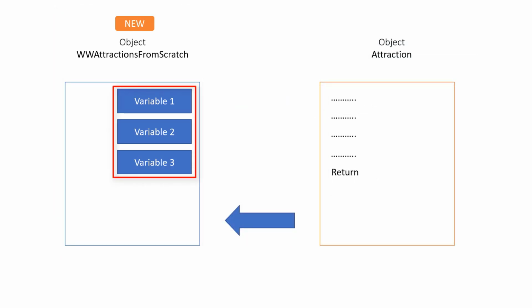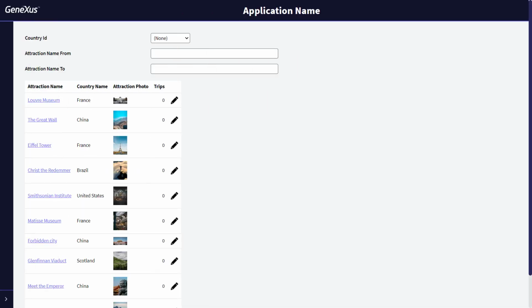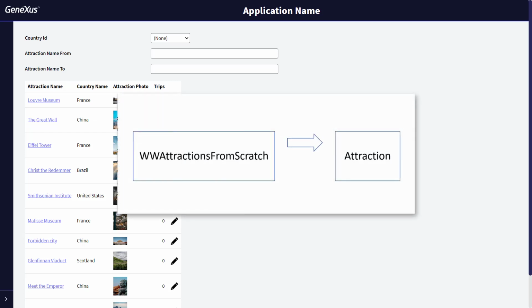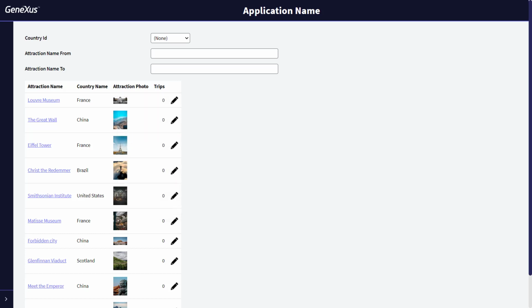Also, the variables used as filters have been created again. The ones existing before invoking the attraction object were destroyed. This answers the question asked a moment ago about the reason why the values entered in the filters were not kept after a record was updated. We need to save the information of each one of the filters in a sort of global variable, so that it's not lost between executions. That is to say, when passing from one object to another. In this case, between the web panel and the transaction, and from the transaction back to the web panel. So how do we keep the value of a variable in memory?